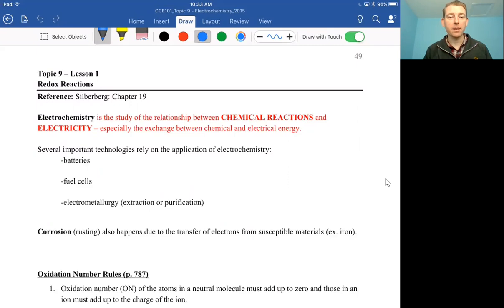So even there, it says the applications of electrochemistry, like a battery, just the movement of, say, lithium ions in a lithium ion battery is going to be a physical change that's going to release some energy and allow electrical processes to happen. Fuel cells, similarly, but if you haven't seen what a fuel cell actually does, we would have